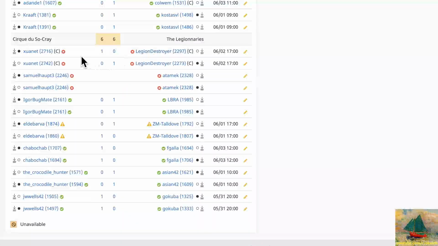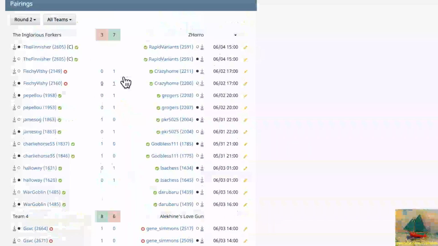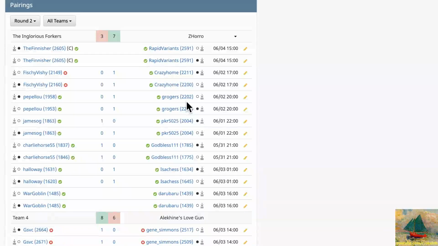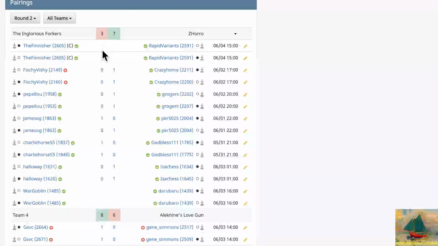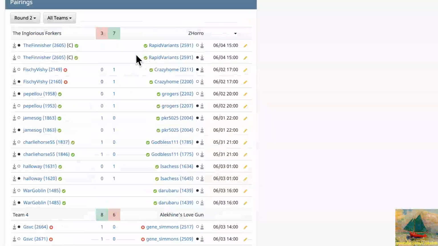Now the last match is also very close between Cirque du Secret led by Schwanet and the Legionnaires led by Legion Destroyer. But there's one match still to be scheduled. They're having difficulty scheduling it, with only about a day and a half left, between Samuel Haupt and Atamek. However that match goes will decide the round for these two. And ZHRO have proven to be very strong, and they're just one game away from taking it. Either Darubaru has to beat War Goblin, or Rapid Variants has to beat the finisher in one game in order to take the round